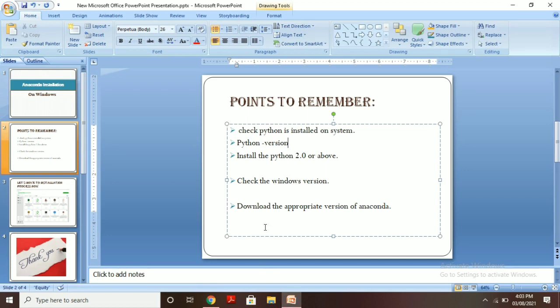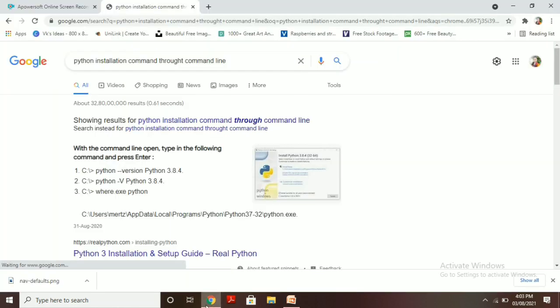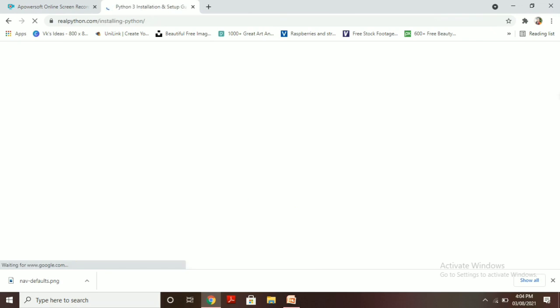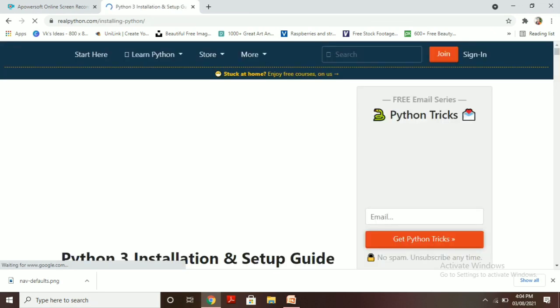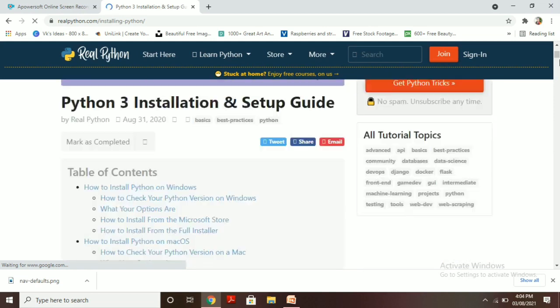Okay, so these are some of the basic steps that you have to remember before starting the installation of Anaconda. You have to check here. All the installation steps are given, how to proceed before installation. You can find all these steps, how to install it and the setup guide. Basic setup installation is given here.